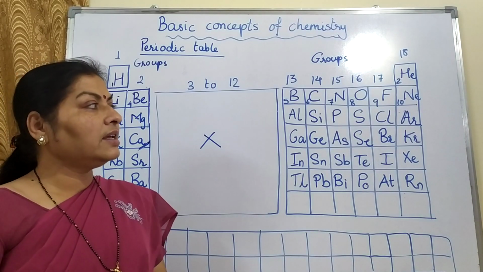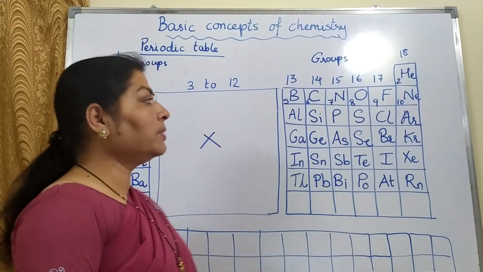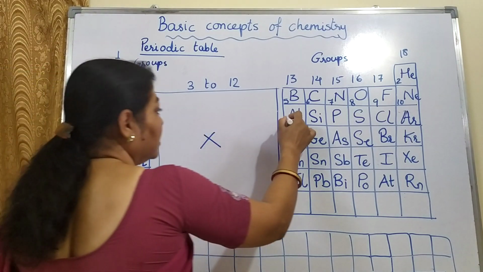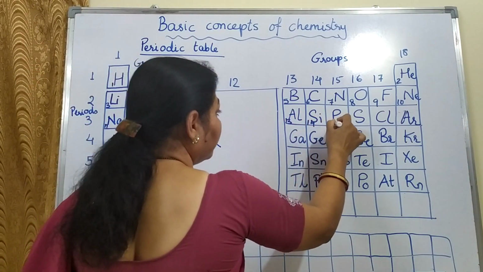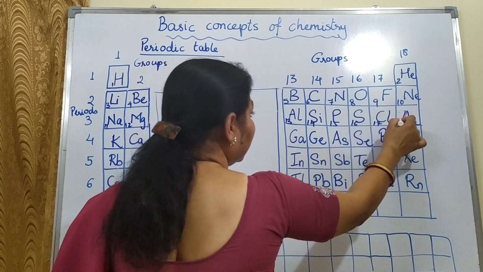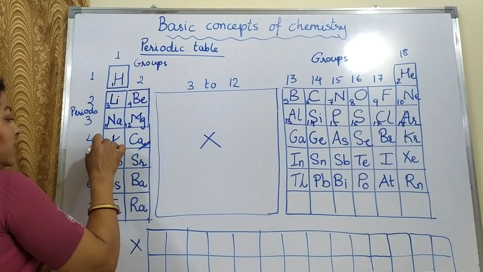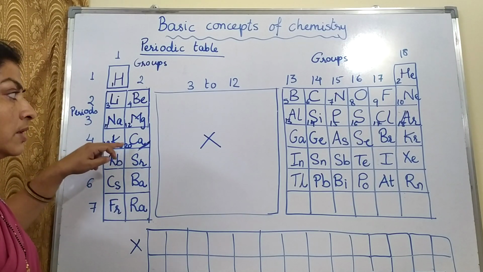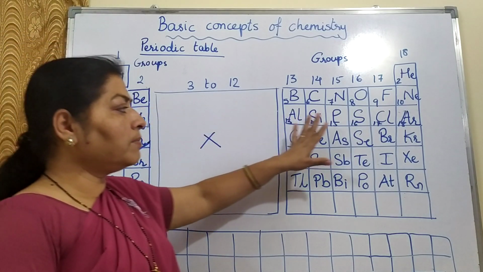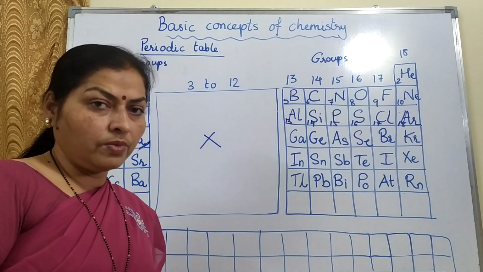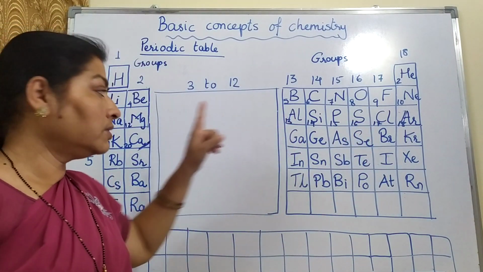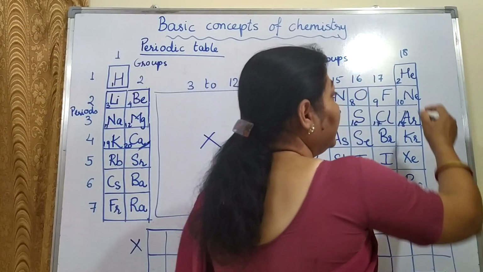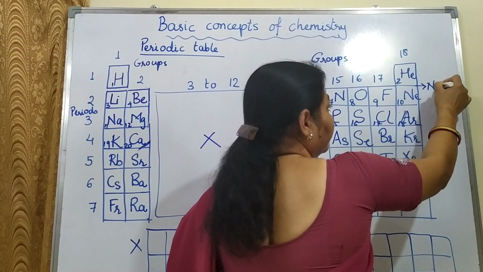Children, it is very easy even to remember the atomic numbers. Here it will be 11, then 12, 13, 14, 15, 16, 17, 18, 19 and 20. So till 20 atomic numbers we have done, and further atomic numbers we don't need as of now. You should remember till 20 elements, and these are the noble gas elements. This also you should know.